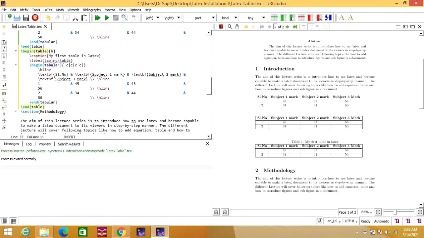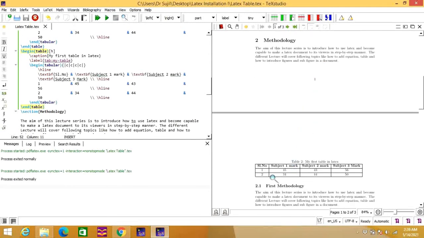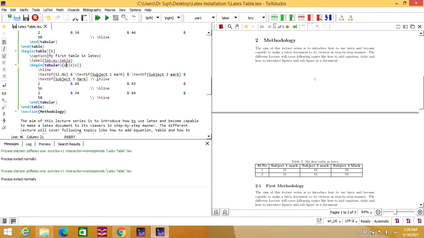We can edit from here. So this is the new table. I am going to run it again. Now you can see table number 2 is going to appear over here. Table number 2 is going to appear here because there is not enough space for this table, so it is moving to another page. And here you want to remove these vertical lines, so you can remove them by deleting these lines. I am going to delete these vertical lines like this.